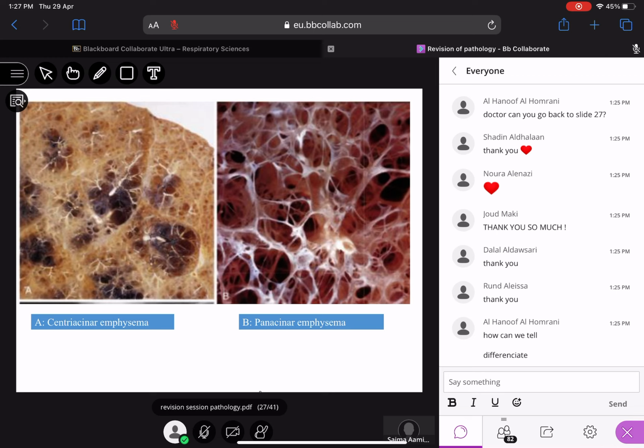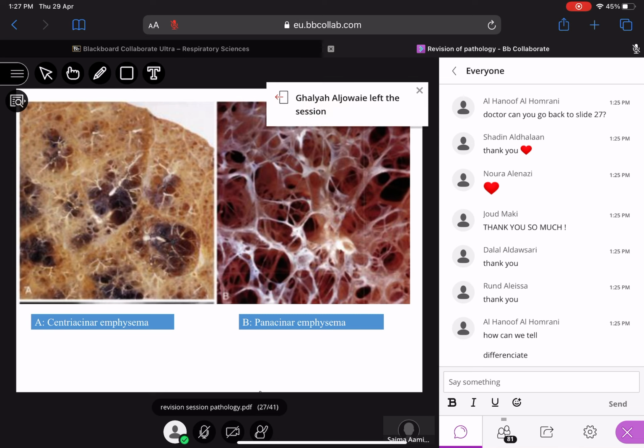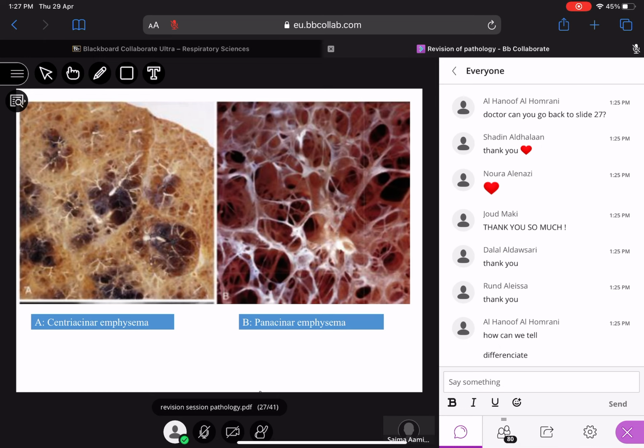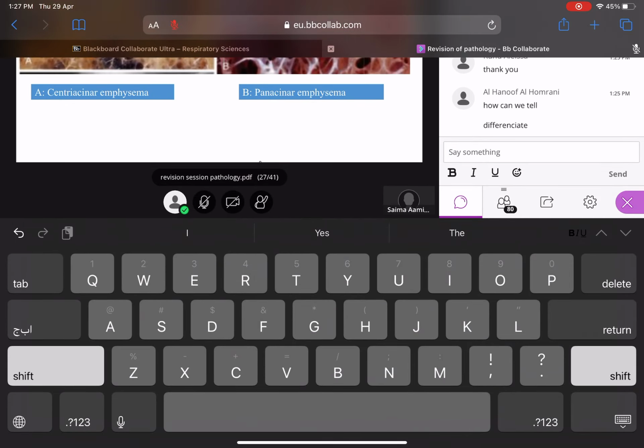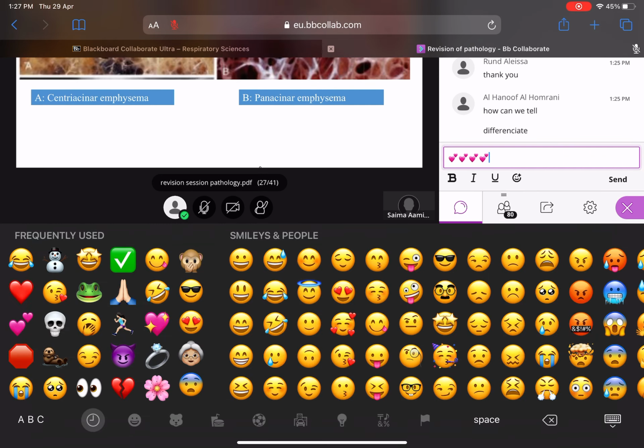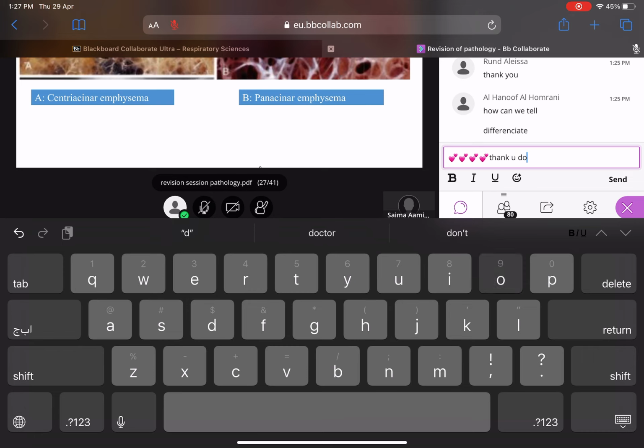Now, please come in time for the exam. Please look at your groups before leaving home so that you know in which lecture hall you are placed, so that you go directly to that lecture hall, because we have seen sometimes the girls have exam in lecture hall 1 and you are looking for your place in lecture hall 6. So this will waste your time. Please be in time, bring your stationery, and inshallah everything will be good. And I wish you all the best for all of the exams of this block, and inshallah you will secure good marks.